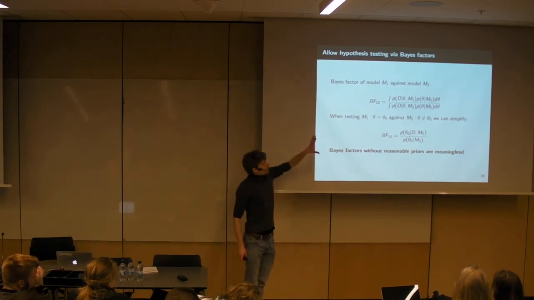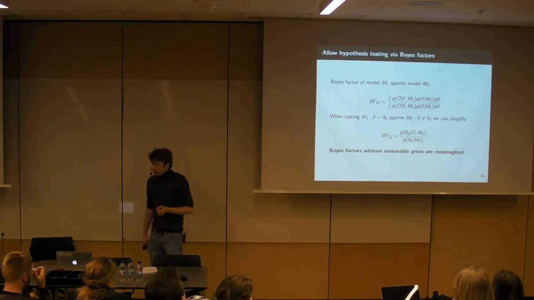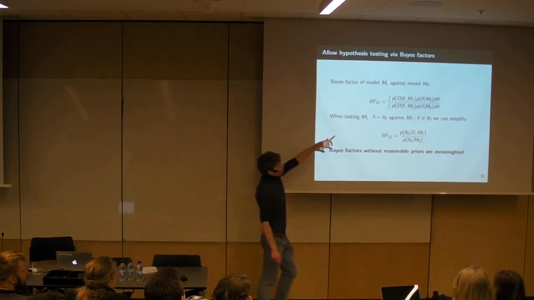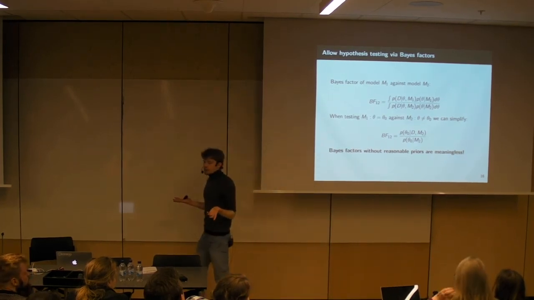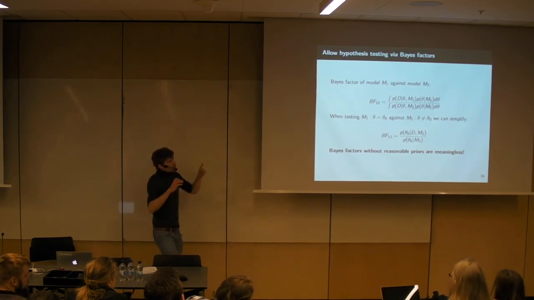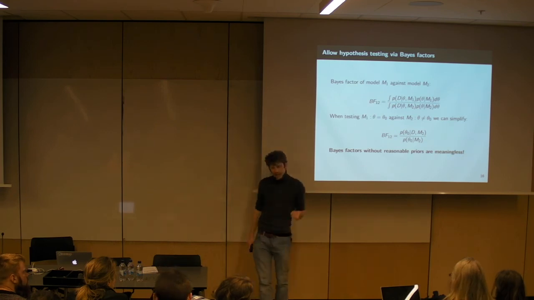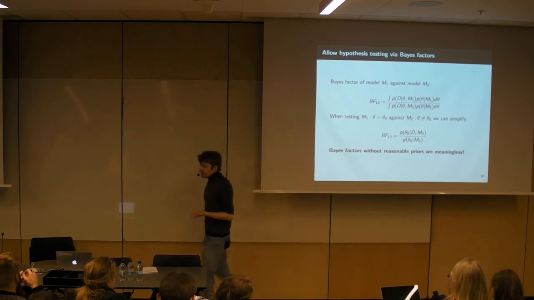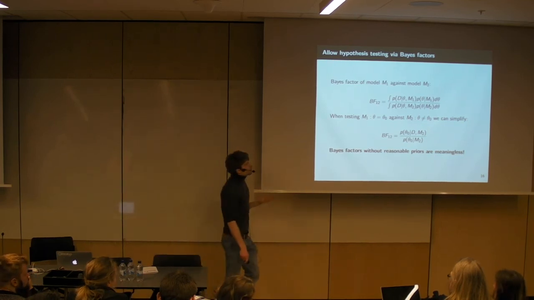And in the first equation, we already see that the Bayes factor will likely depend on the prior, because the prior goes into the integral. But that's nothing special because we know the posterior distribution is influenced by priors as well. But when we rewrite this Bayes factor for a very specific case, we see that usually Bayes factors end up being much more affected by priors than just the posterior distribution.